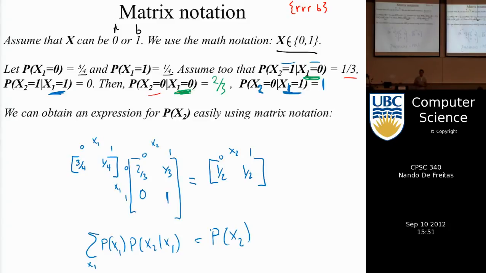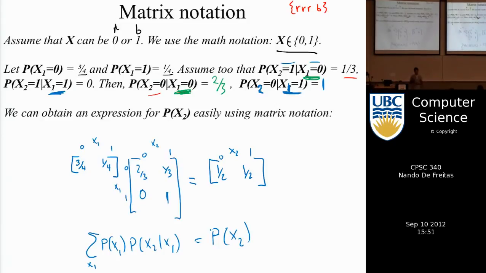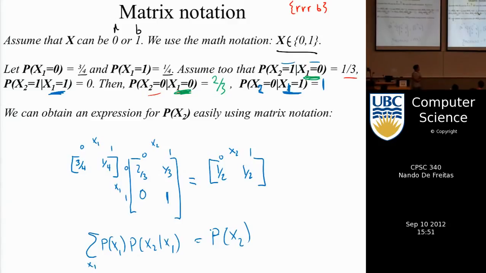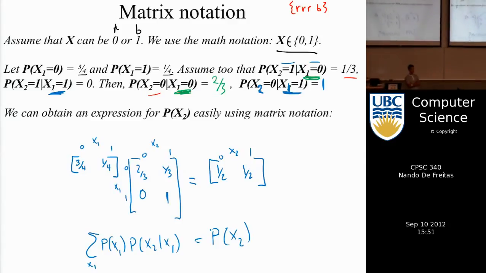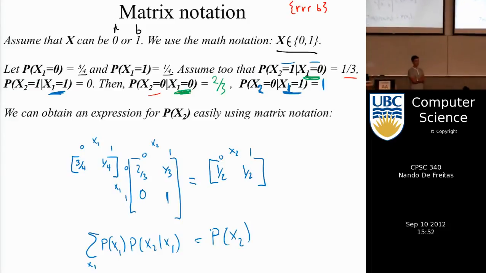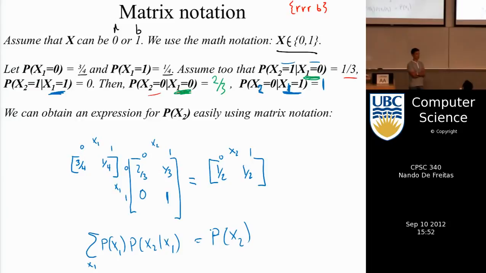In the following class, I'm going to go over Bayes rule, which is a direct consequence of marginalization and conditioning. I will also show that this interpretation in terms of a vector and a matrix is the key thing you need in order to understand how Google ranks web pages, which is the sort of exercise you're going to practice on your own. Okay? Right, so we'll see you guys in the